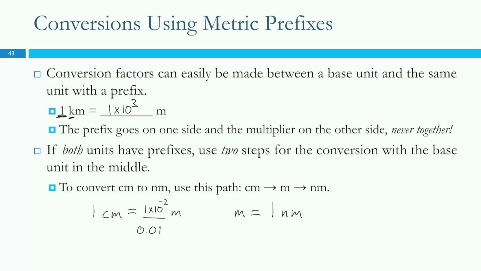And then 1 nanometer is how many meters? Yeah, 1 times 10 to the negative 9. Nano, 9, both start with N. 1 times 10 to the negative 9. And part of the reason that you want to do it this way is because when you go and you